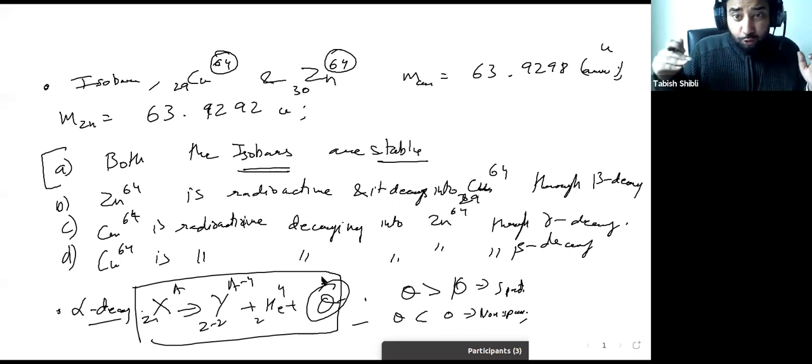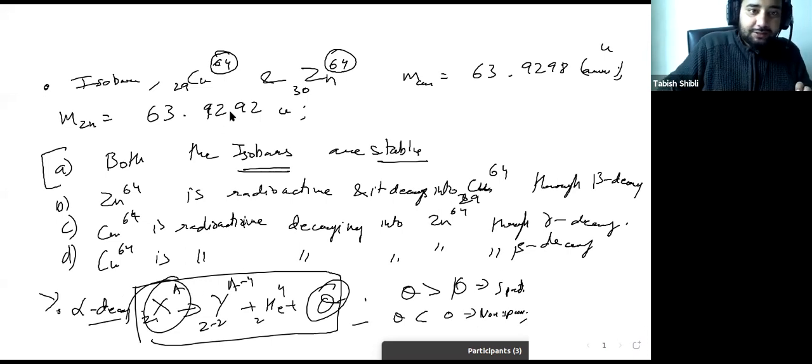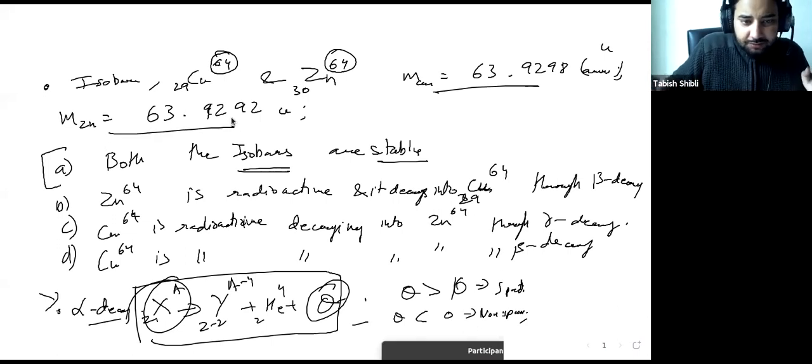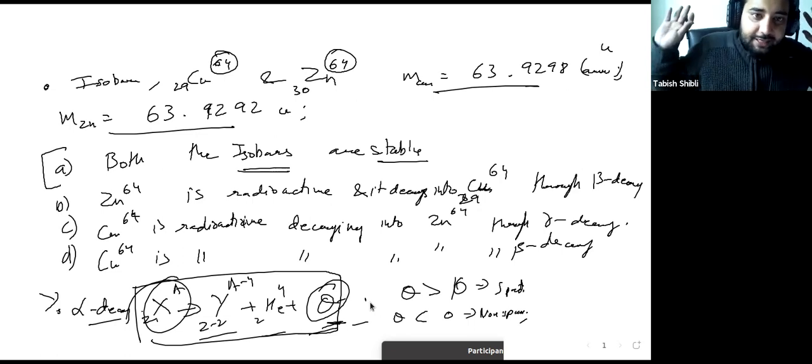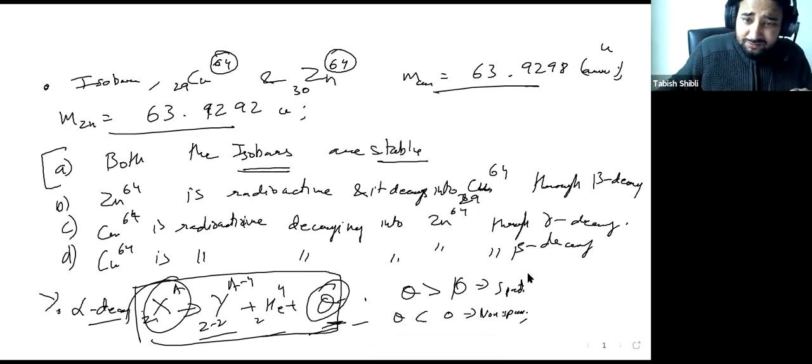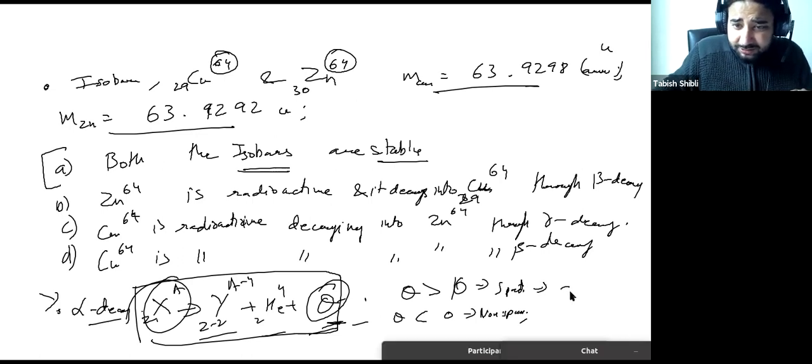So you'll have to go through all this process. You'll have to go through the alpha decay. You'll have to write down the mass of this, which is given to you here. This you can use or this you can use, whichever you're using first. And then you need the mass of the other. You know the mass of helium, and then from that you will just calculate Q. If Q is positive, then this is unstable. If Q is negative, then it's stable. That is essentially how you check for stability. This is unstable and this is stable.